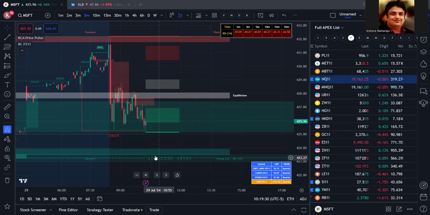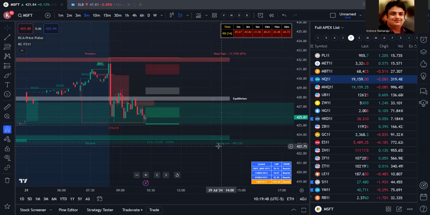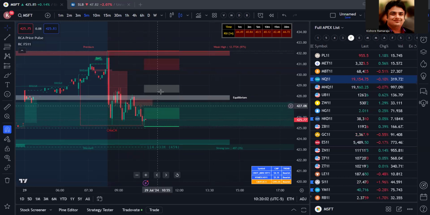So if it comes to this point, then we can buy the calls, right? This is the very strong low. So if price comes to the 423 area, then we can also get some 425 calls for Microsoft. Right? This is the strong low. This is the weak high. This is equilibrium. So overall, it is a bullish ticker. Bullish ticker came to the bottom, trying to bounce up,